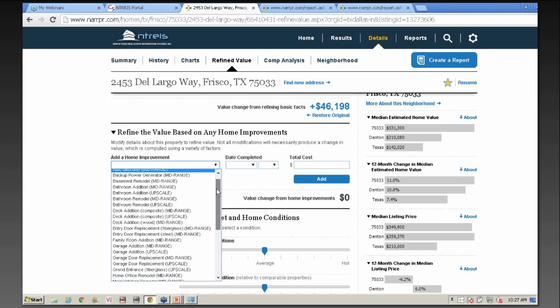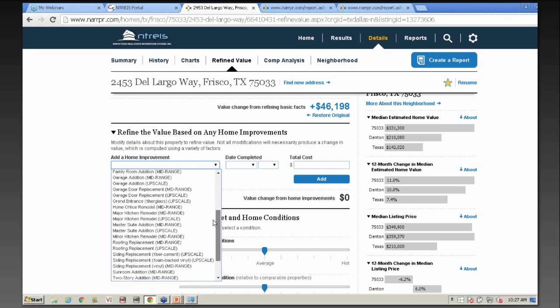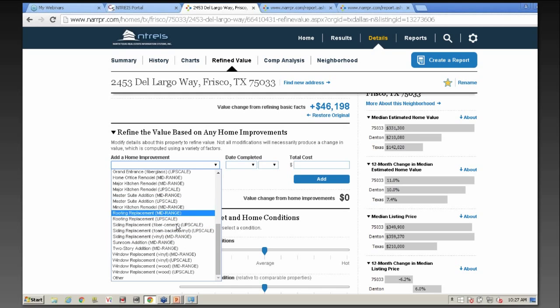This connects to a database that, by zip code all over the country, does averages of what these values are worth in any particular zip code in the country. So RPR didn't just come up with this data. This links to a website whose job is coming up with this. So maybe they did a